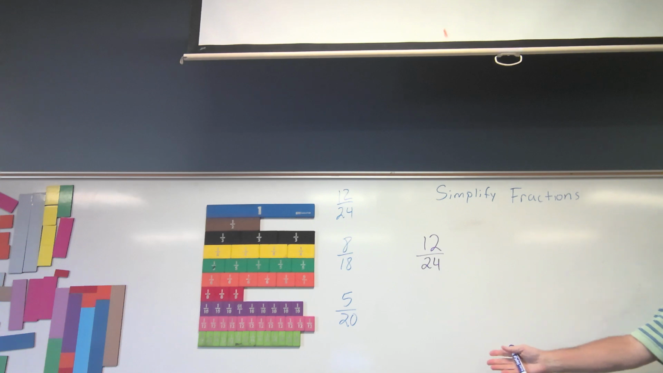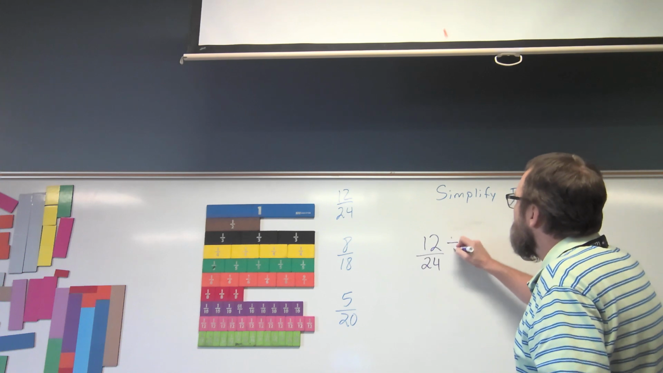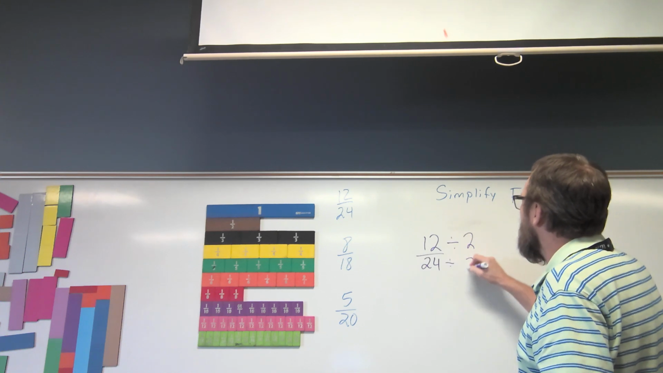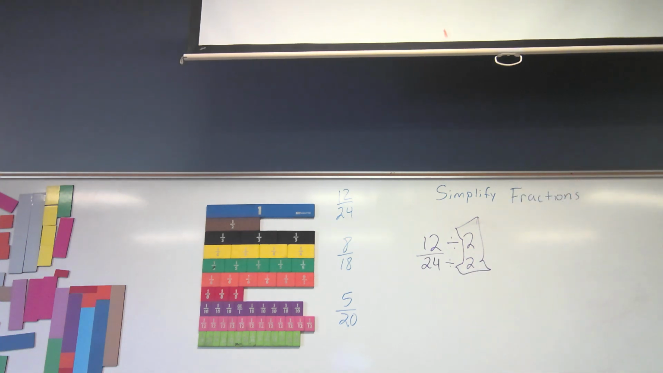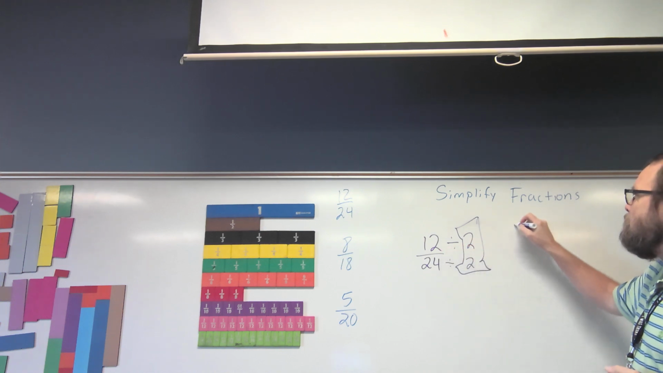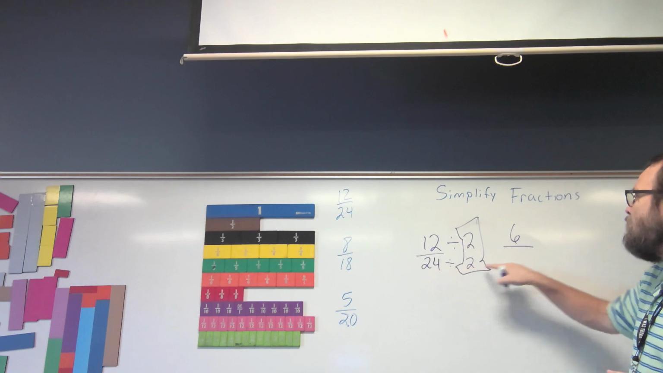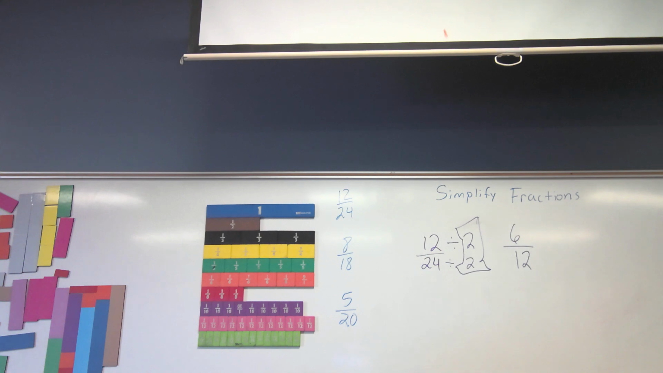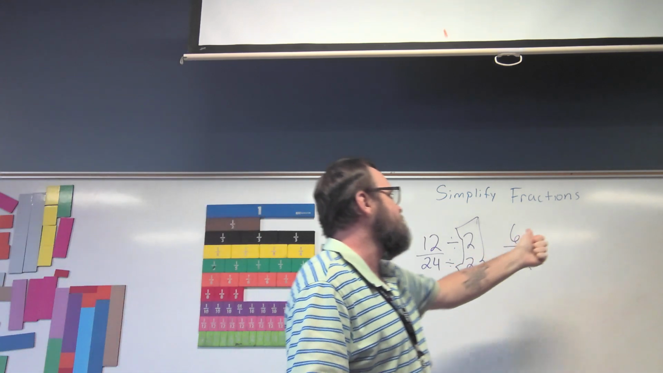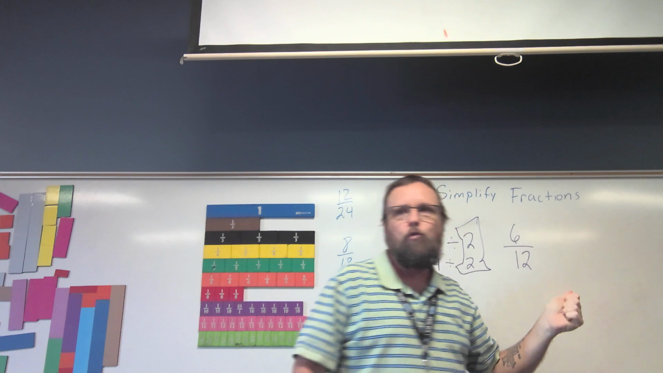They're both even, so 2. Okay? If I divide both of these by 2, it doesn't matter where we start as long as we get done. 12 divided by 2 is 6. 24 divided by 2 is 12. Okay, now we don't know for sure if it's in simplest terms. So we look and see if there's a factor, a number that divides evenly into both 6 and 12,